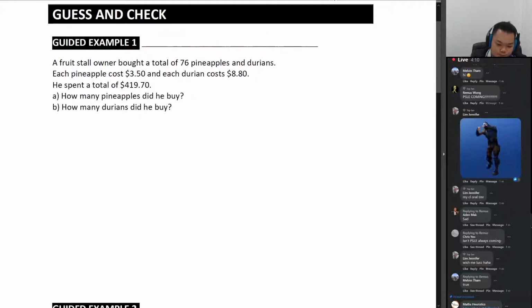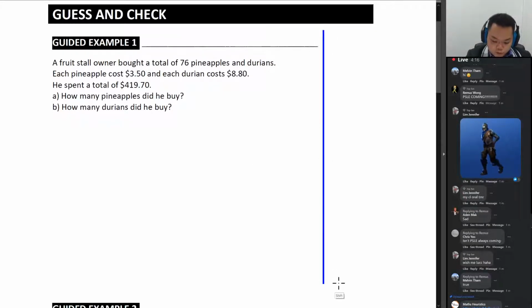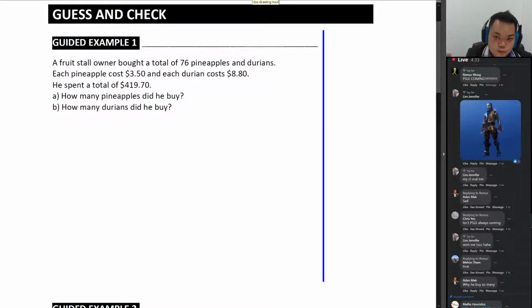Now, for guess and check, there are three main conditions that you need to look out for. It can be used as a safety net. Try not to use it as the first line of offense to solve the problem. Now, the main key conditions that will let you think that this is a guess